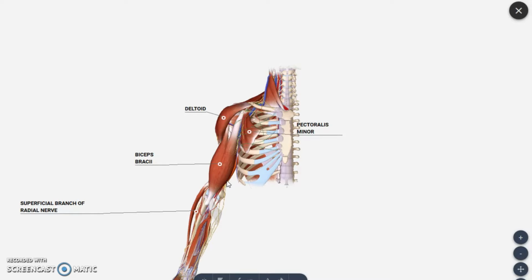Before going into the details about muscles, vessels and nerves of this region, the first thing you have to remember is this region is also covered by skin, superficial fascia and deep fascia. Later, removing these 3 layers, we will get into a part called the muscular area. And before going to this muscular part, we are going to see details about deep fascia first. So the deep fascia which is covering this arm region is called the brachial fascia.